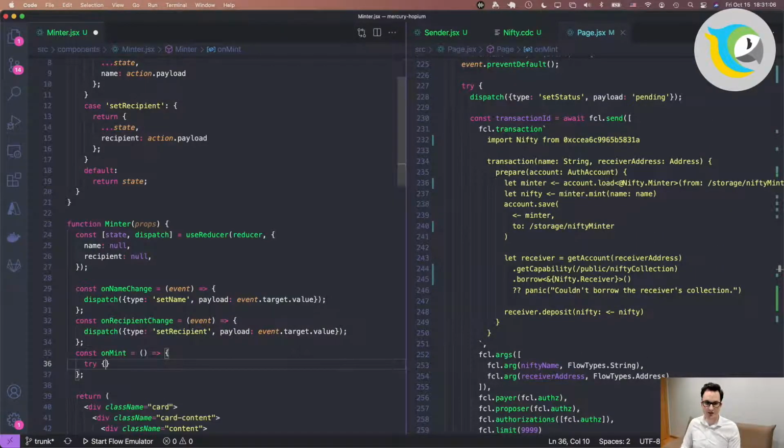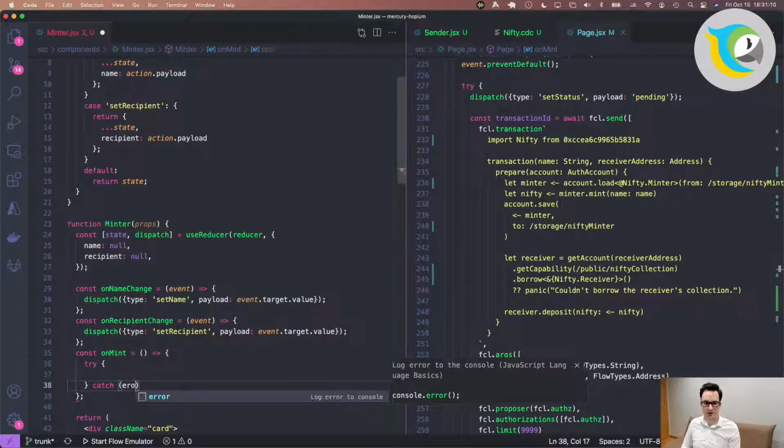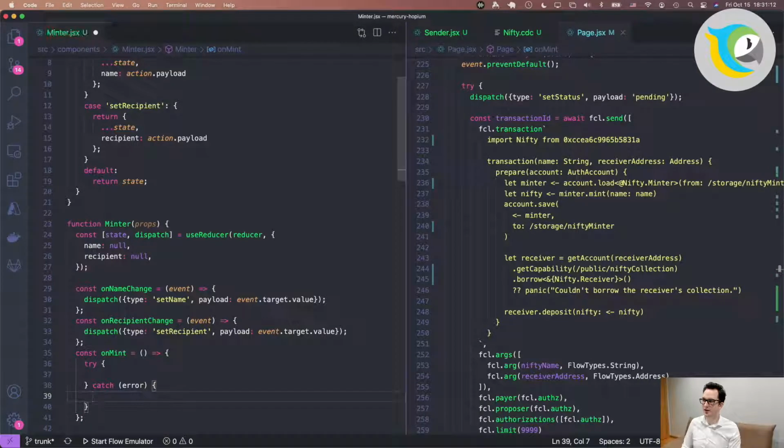So first up, and this is critical, always wrap your FCL interactions inside of a try-catch block. These will oftentimes fail, and the failure is going to be, your contract's outdated, you have a typo and that kind of stuff. This is pretty much guaranteed to fail at some point.